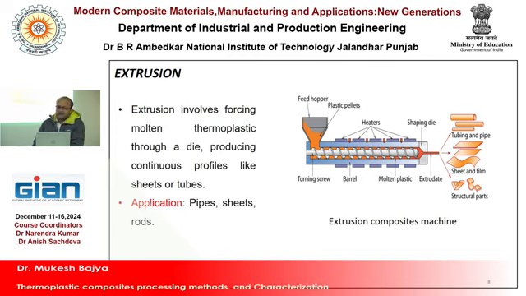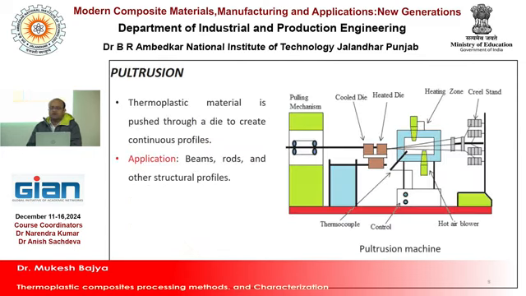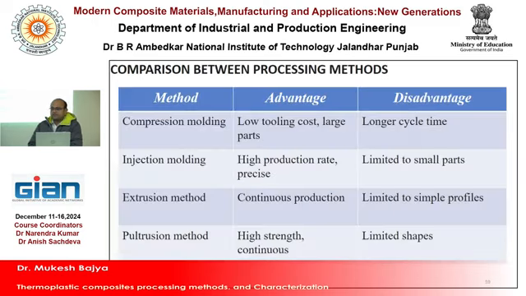Then this is another technique, the pultrusion technique. In that case, from this creel you get a filament, and after that, from this die you can impart a thermoplastic resin, and then you can prepare the thermoplastic composites. This is the pultrusion technique, and the applications are beams, rods, and other structural profiles that can be manufactured from pultrusion. This is the comparison chart between these different processing methods: compression molding, injection molding, extrusion and